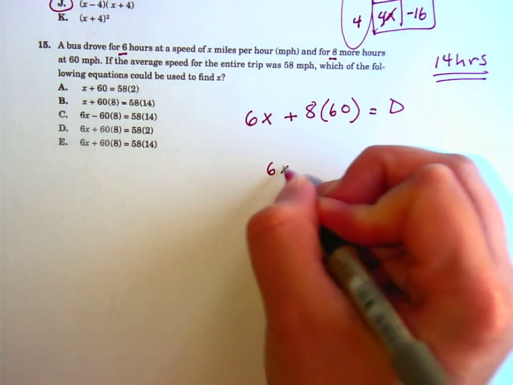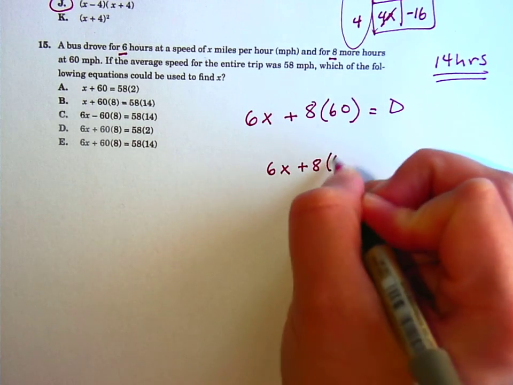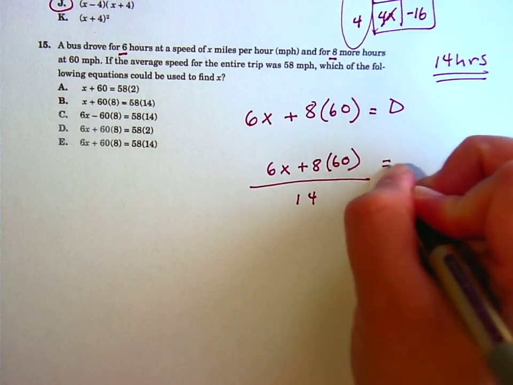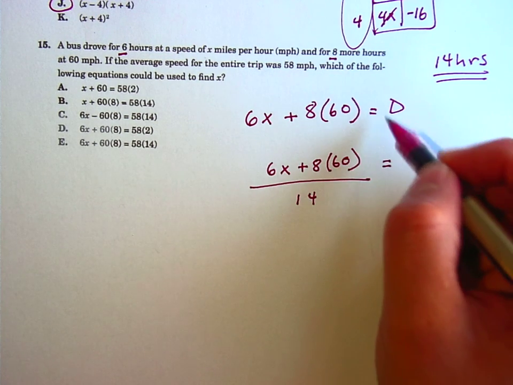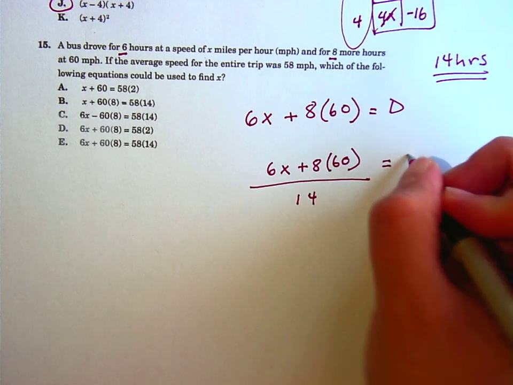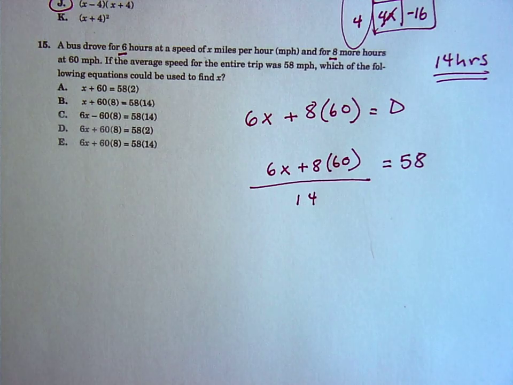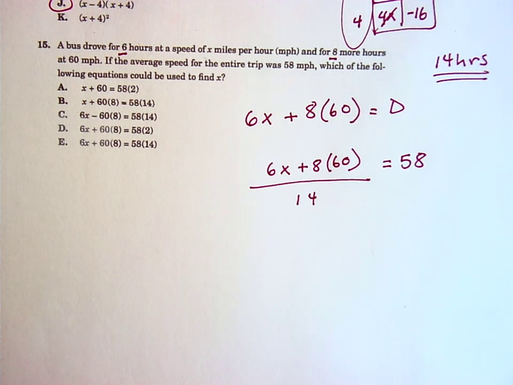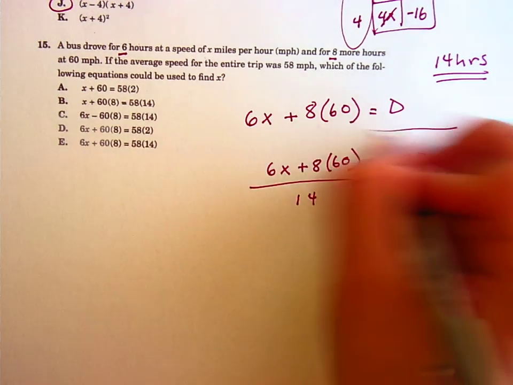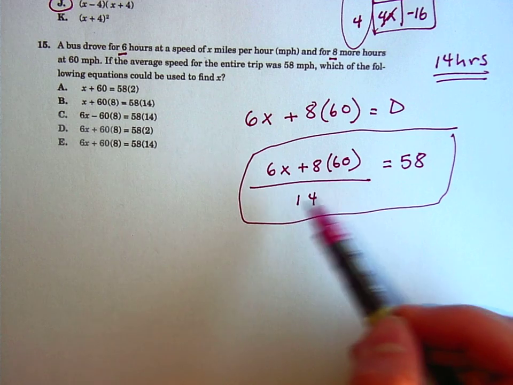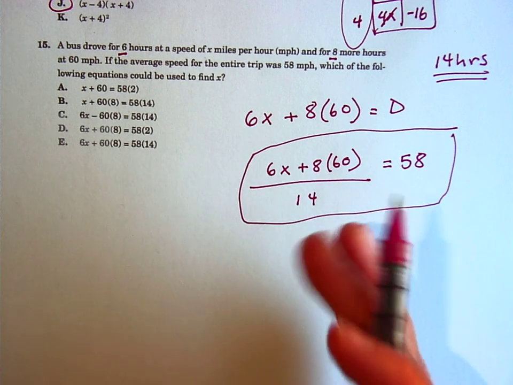So if I take 6x plus 8 times 60 and divide by 14, I end up with 58. It's right there, because that's the average. Okay, and then it says, which of the following equations could be used to find x? Now, when I look at my equation right here, and I look at their equations, I notice that none of them is divided by 14. So that immediately makes me think, okay, they don't want